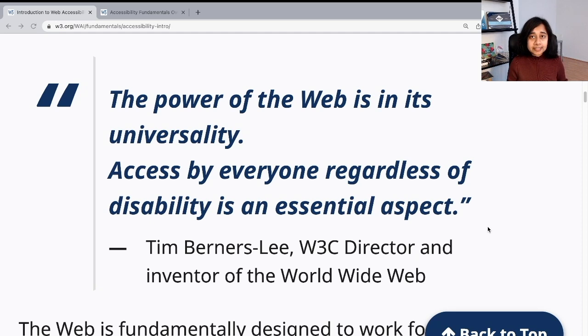So when the web was created, we were already thinking about making it accessible to everyone. Whatever we create, websites, applications, tools and everything on the web, is fundamentally to be designed so that it works for all people, whatever their hardware, software, language, location or ability. And when whatever we create meets this goal, it is accessible to people with a diverse range of hearing, movement, sight and cognitive ability.